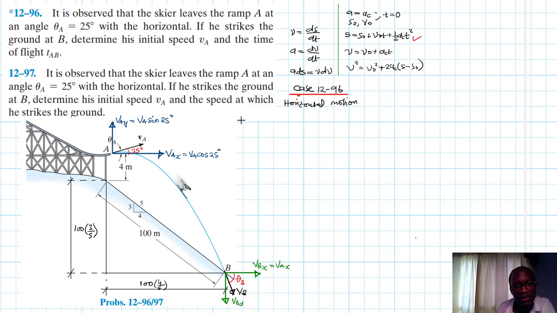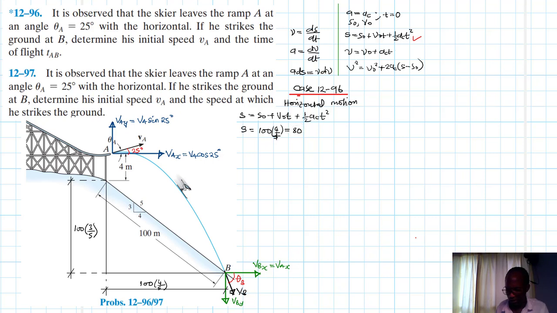And then under this, we are using the equation S is equal to S naught plus V naught t plus half a_c t squared. Our S is equal to the horizontal, that's 100 by 4 divided by 5, which is just equal to 5 into that, which is 20 by 4,